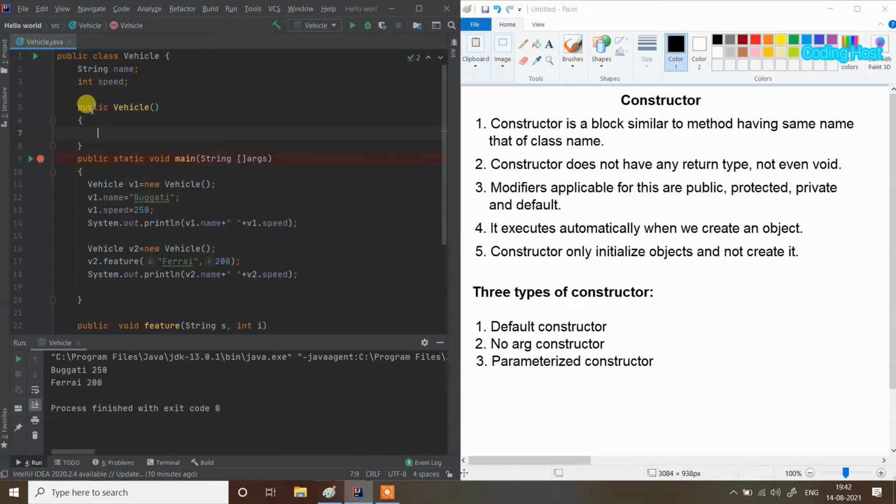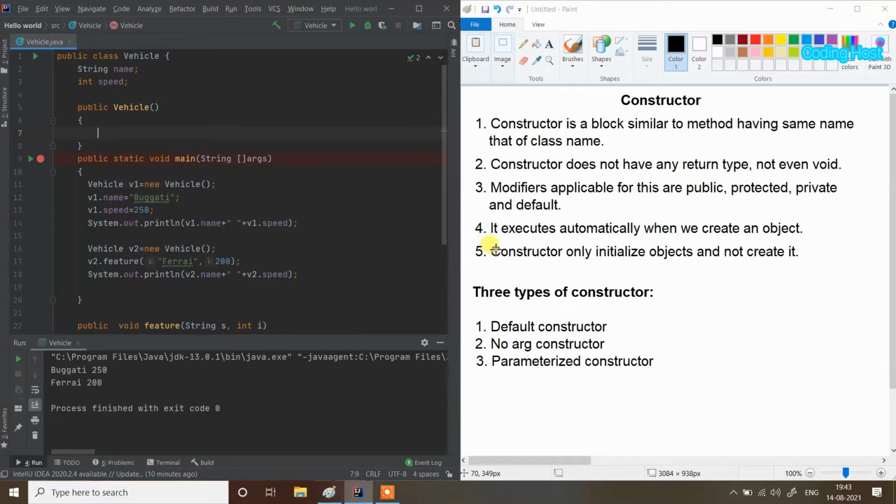So we have made a constructor, and it looks like this. We cannot use any return type with this. Third, you can see that we can use public, protected, private and default. We can use all these modifiers, but right now I am using the public modifier.